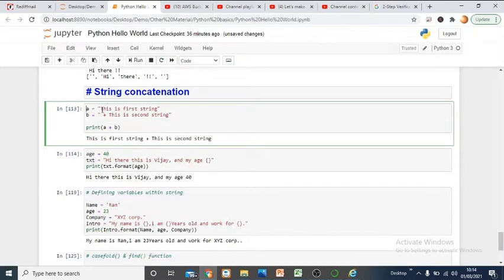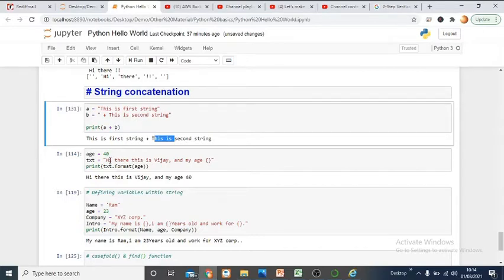Suppose we have one string, that is, this is first string. If we want to concatenate, or add it with another string, we have defined two different strings, string A and string B. And if we simply write A plus B, the plus normally operates on numeric operands, but in Python it works on strings also. If we mention A plus B, automatically it is going to add this with this string. So if you print A plus B, then string A will be joined with string B. All right. So that is about A plus B.